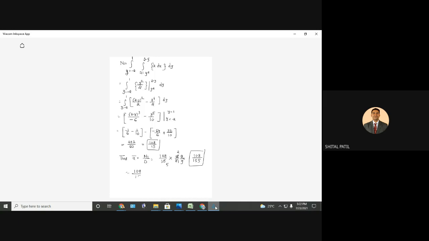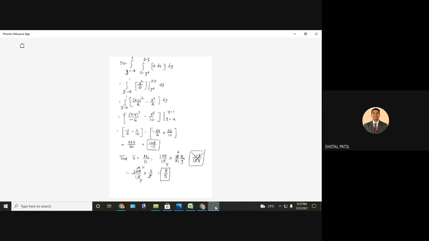108 divided by 15 into किती म्हणलास तू? 2/9. 12 आणि हे काय सिंपल होईल की आणखी 4. Yes, this is correct. This is correct, absolutely correct. So please check the denominator. It should be 2 by 9,